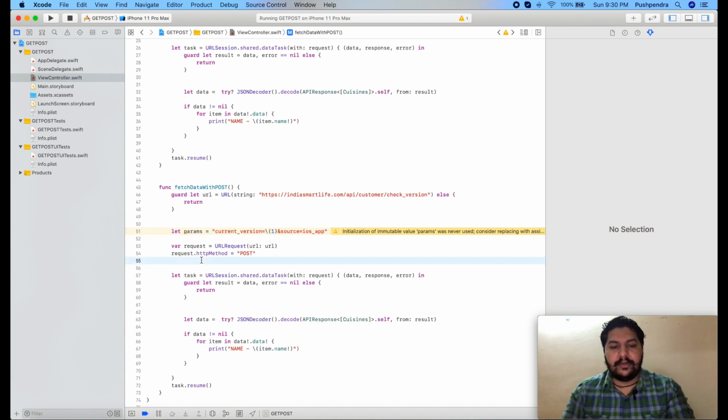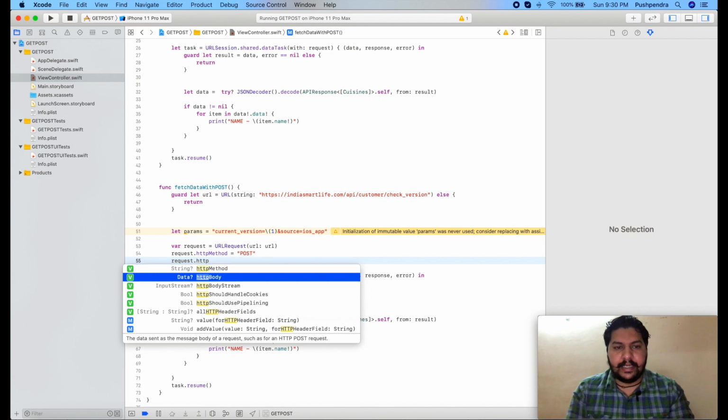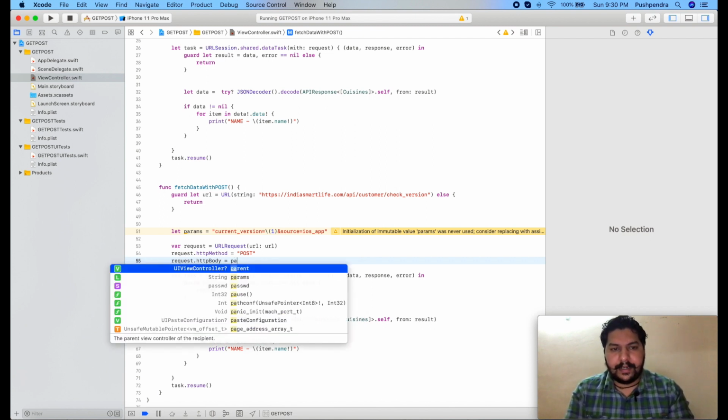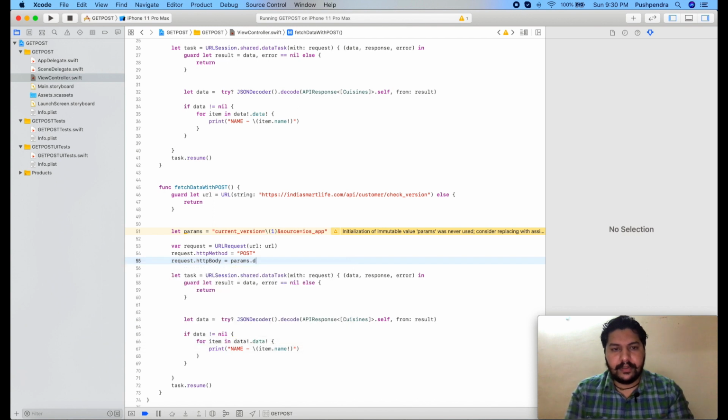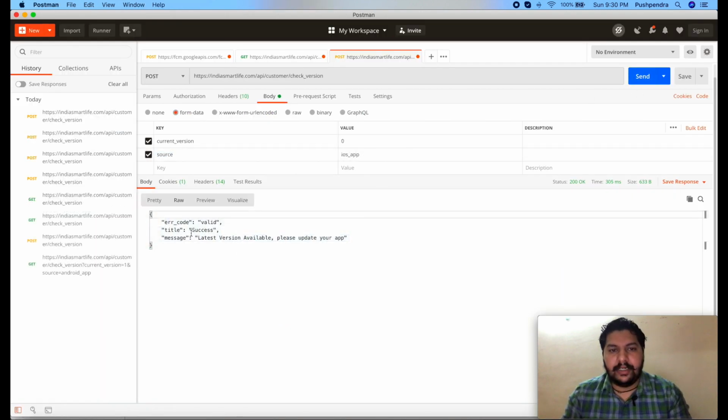So how can we do that? request.httpBody. So this is the body. And params.data using .utf8. Fine. So if we see the output, as per this output, it is valid. So something like that means you will get some response.